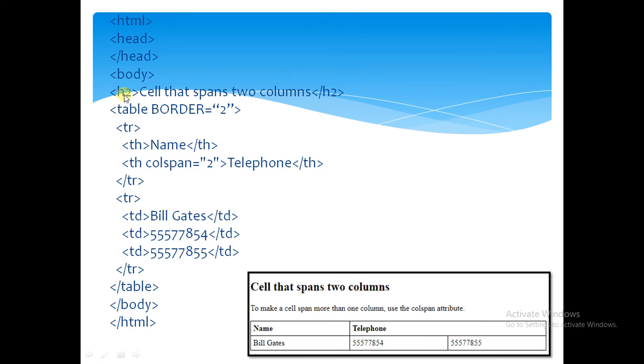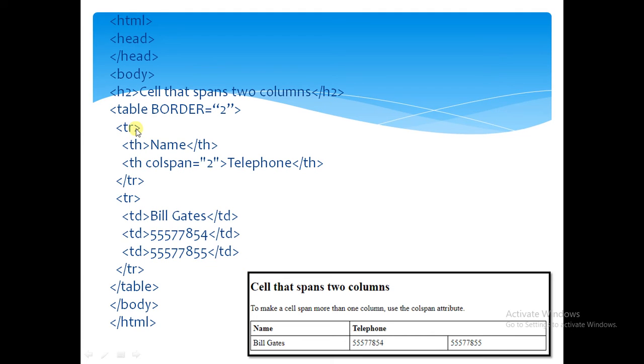Here we use h2, a heading tag, that says span two columns. Next we write table and border equal to 2. Here the border attribute defines the border of the table.